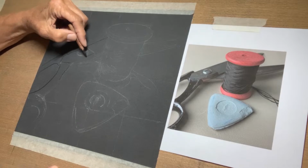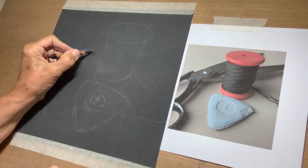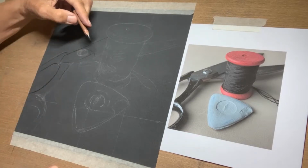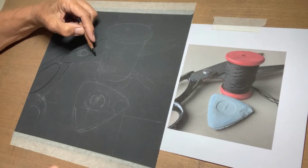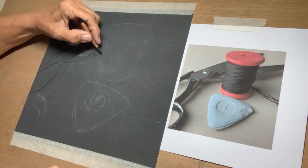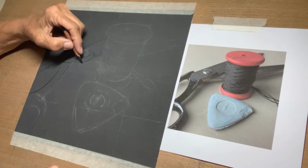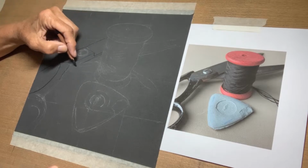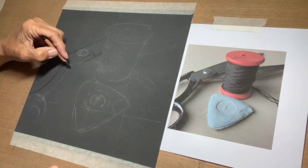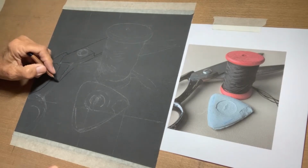I don't really like working on the very gritty surface, and I don't need to, given the style of work that I like to produce. So here I am going around the edges of the blade to create that nice sharp strong dark edge where one blade meets another, and I shall continue to work around until the shape is formed